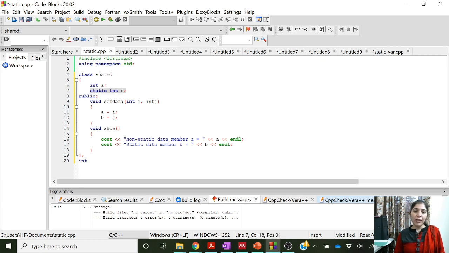But then how to allocate memory for b? Can the object allocate memory for b? No. Object cannot allocate memory for b because b is not the object variable. It is not the instance variable. It is a class variable. So there must be a method for allocating memory to b. Okay, and that method is